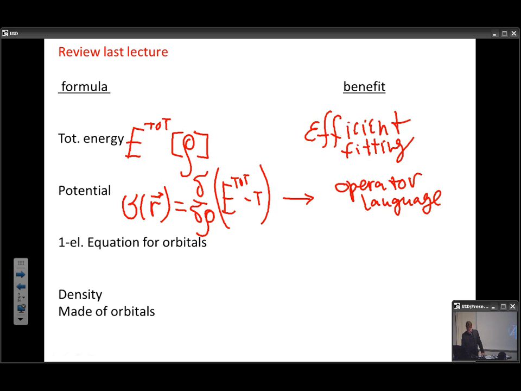And there, this potential and kinetic energy operator can be combined and serve for finding